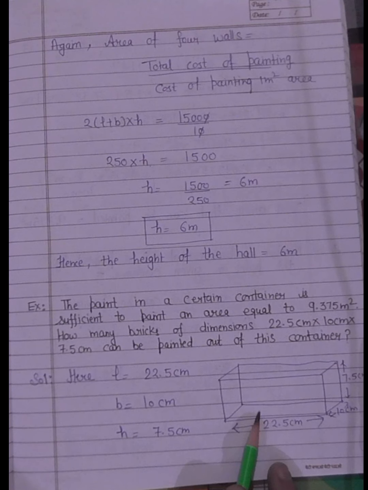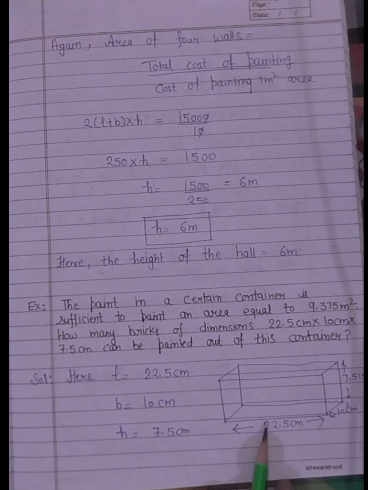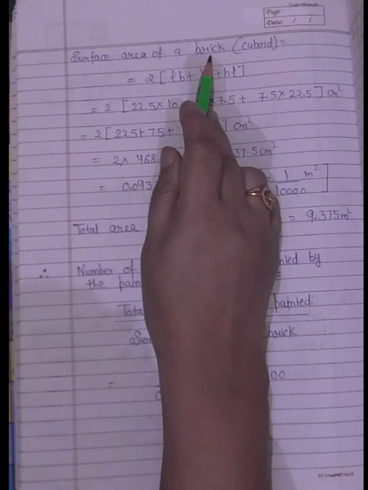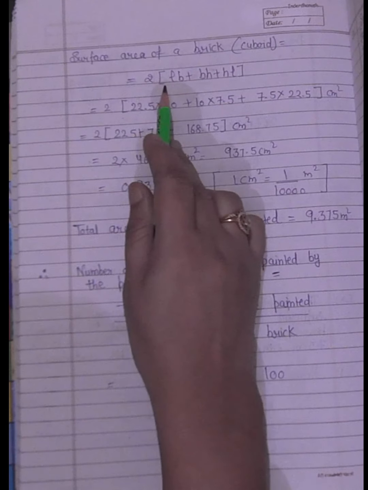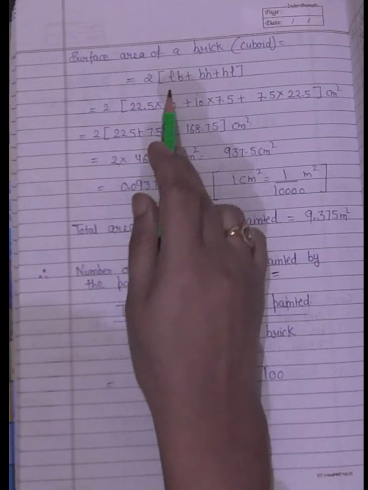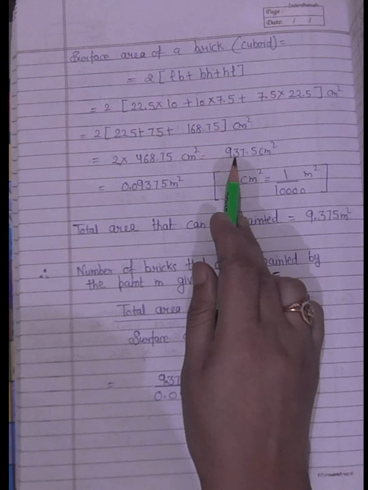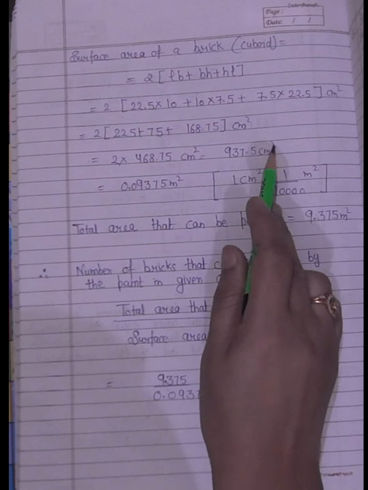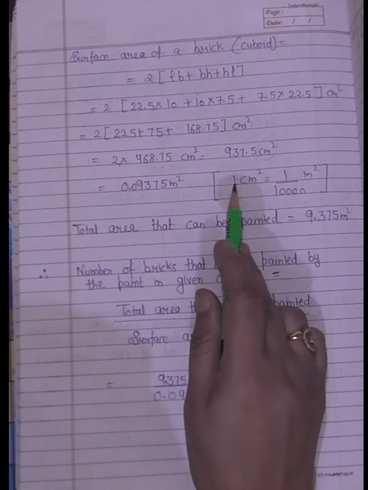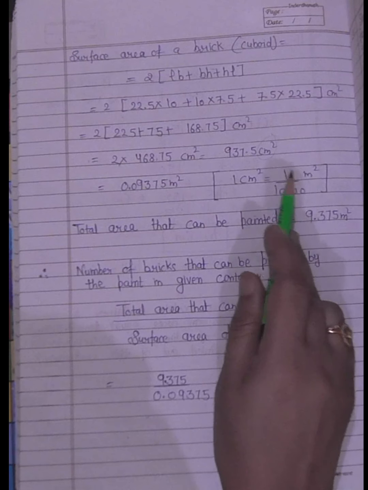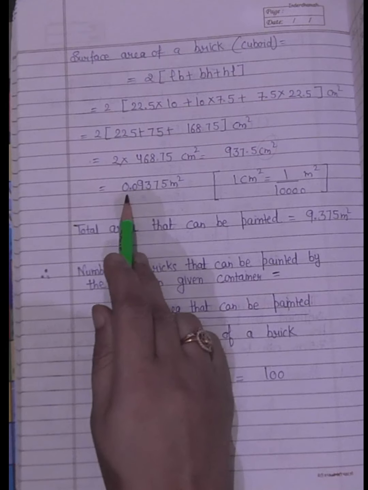Here I have made a figure of a cuboid. Actually this is a brick with length, breadth and height. So the surface area of a brick, which is a cuboid, will be 2 into (LB plus BH plus HL). After putting all the values, I am getting 937.5 centimeters square. But we know that 1 centimeter square is equal to 1 by 10,000 meters square. So it will be